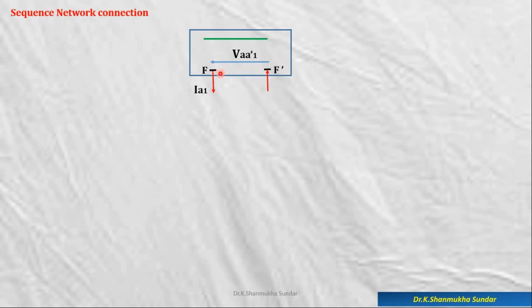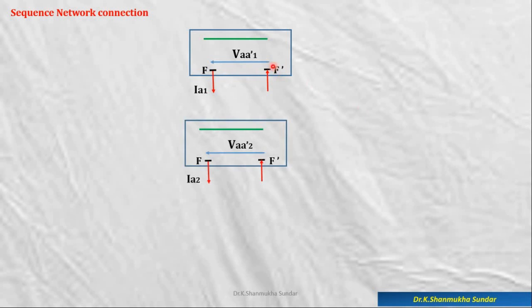Is it clear? Because we had faulted points on either side of the fault as F and F dash, and from F the corresponding positive sequence current is emerging out, isn't it? So then at F dash the current is entering. So this is the positive sequence network for an open conductor fault. So it will have two ends, isn't it? F and F dash. In a shunt fault we had only one terminal. Here we are having two terminals.